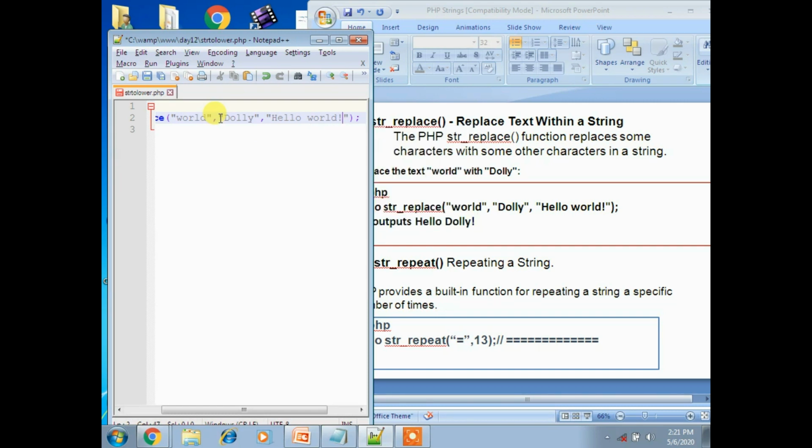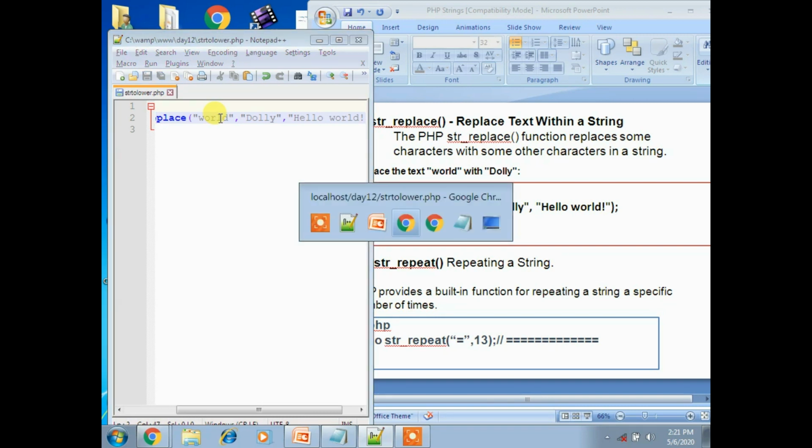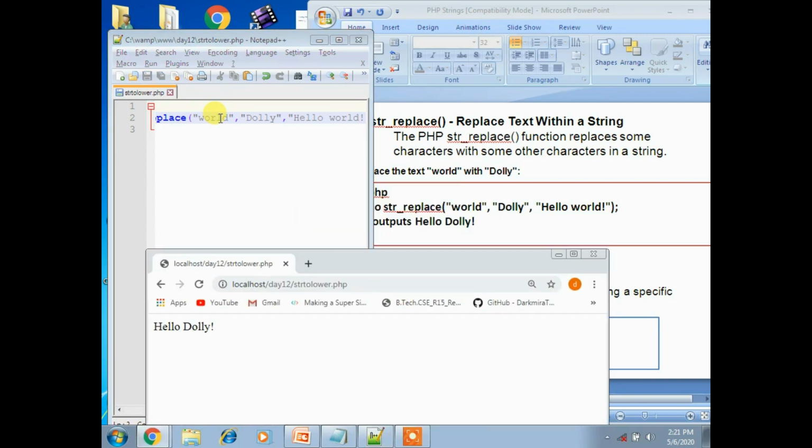Now execute the program, you'll get hello dolly, right? So it finds the word and replaces it with dolly.